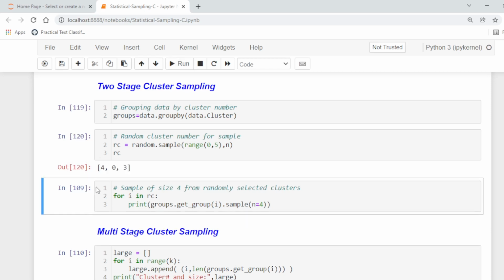So here clusters 4, 0 and 3 will be selected, and then we resample the clusters by selecting some members out of these clusters. Here the sample size is 4. For example, we are going to select 4 members randomly from each cluster, from clusters 4, 0 and 3.